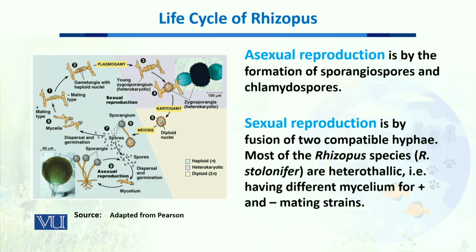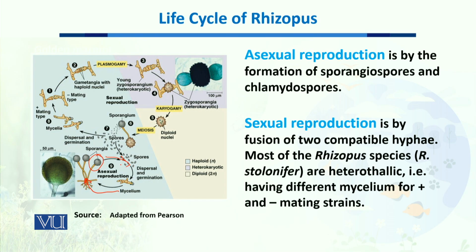In these sporangiospores, as you can see here, a single mycelium gave rise to a structure which contains sporangia. Sporangia is a structure which carries a large number of spores which can be dispersed into the environment, and they can give rise to different hyphae and mycelia whenever they find some favorable